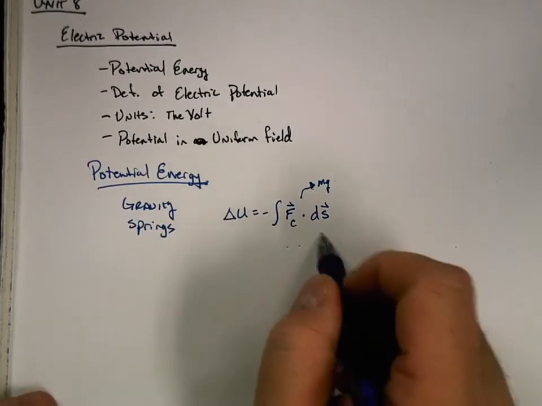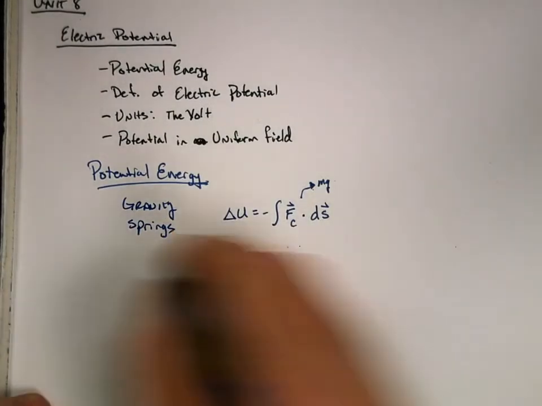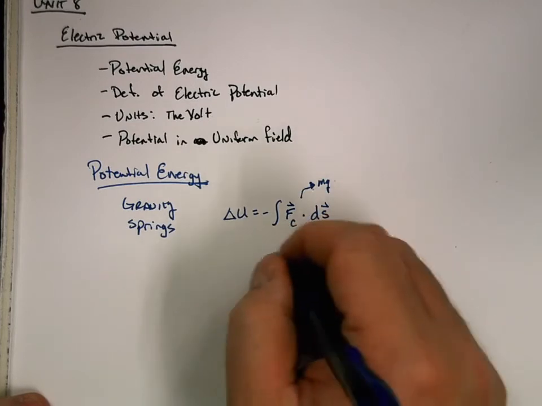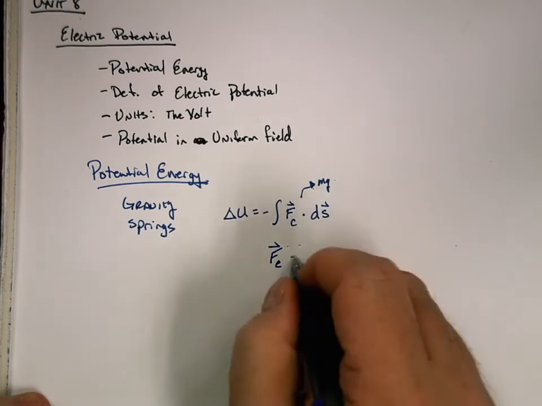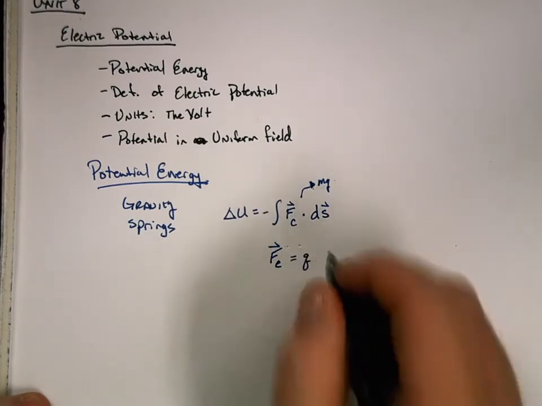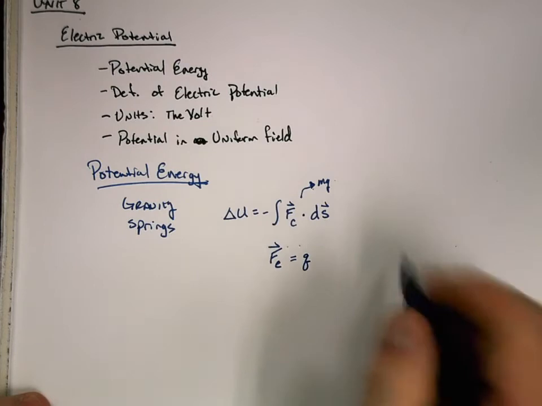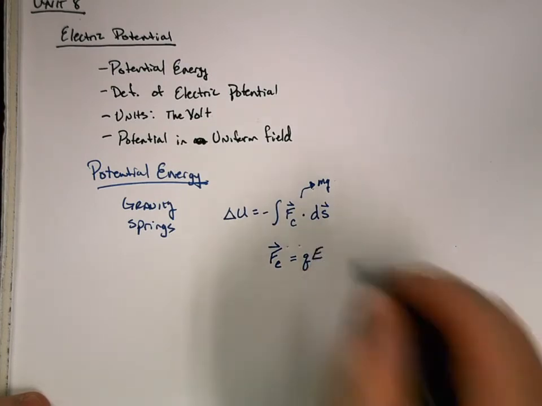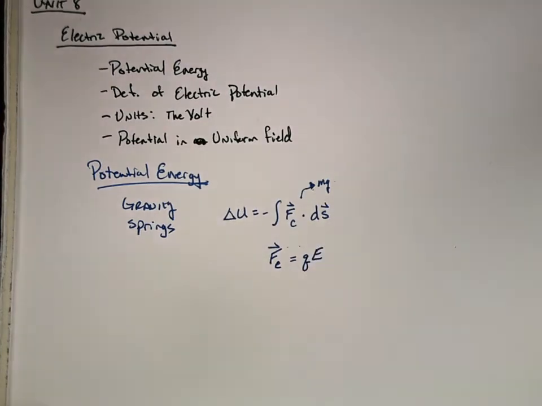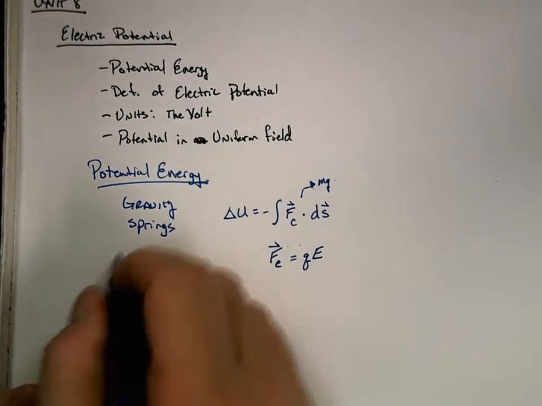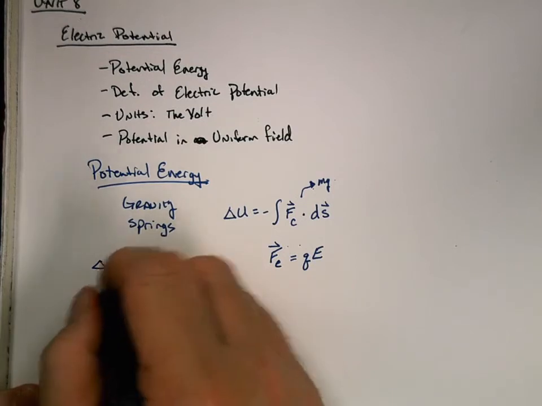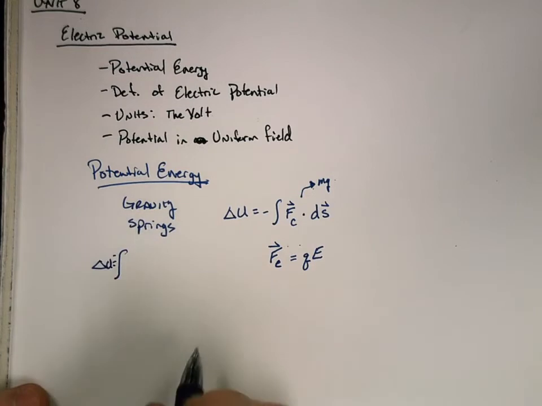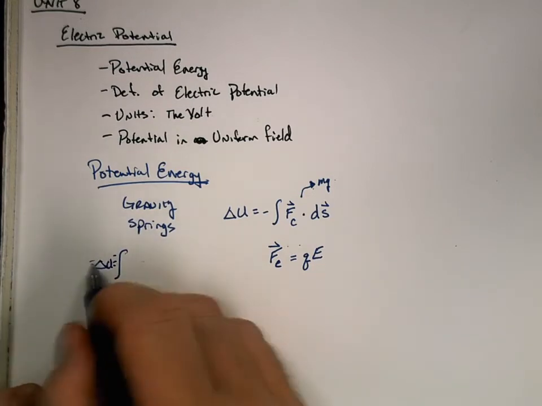Well, the same thing applies for electricity, because what is our electric force? Our electric force equals k q1 q2 over r squared, which is Coulomb's law, but it also equals our charge times our electric field. And so if we have our potential energy, delta U equals